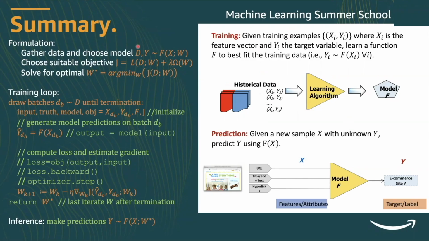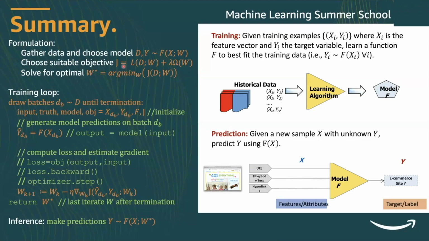And this requires us to gather the right data set, choose a model F that we want to fit, choose a loss function that will determine how good the models are, with an appropriate regularization if necessary,